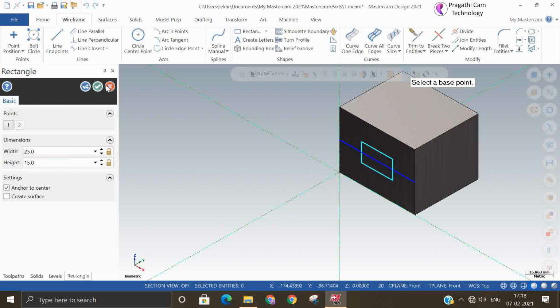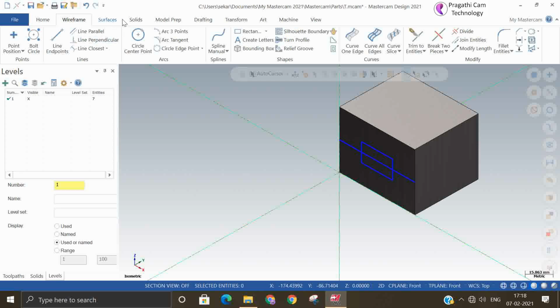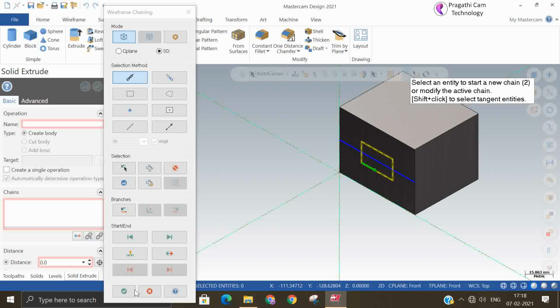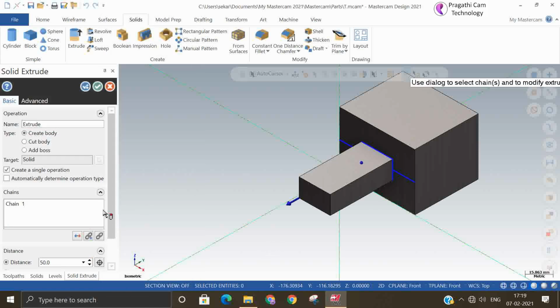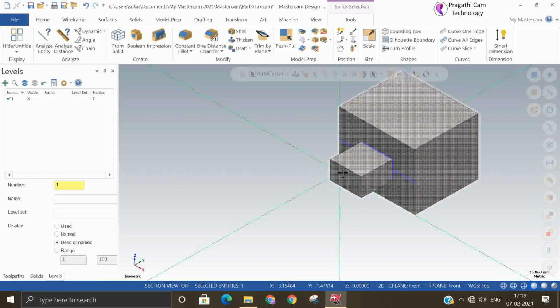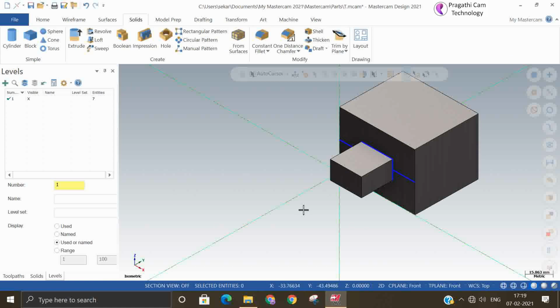So now you can make a solid extrude or anything you can do here. You are going to see more solid modeling anyway, but I am just making this to understand. So this is how C plane and Z depth are related to each other.